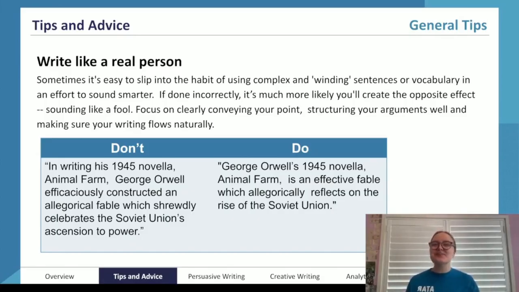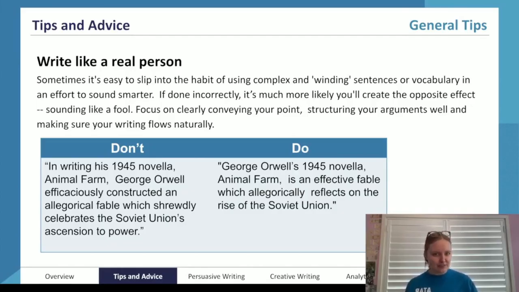So the number one rule is to focus on clearly conveying your point, structuring your arguments well, and making sure that your writing flows naturally. The golden rule of writing in English is clarity over complexity. You can write the most beautiful paragraph with long, winding sentences and beautiful prose and really long, complex, flowery vocabulary.